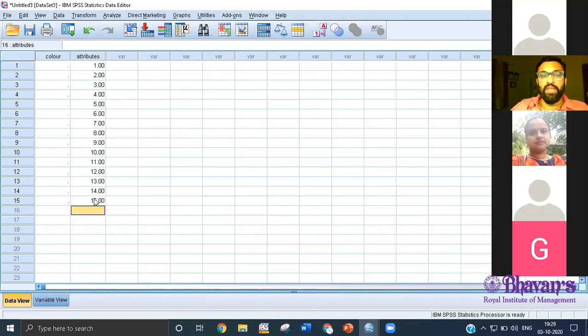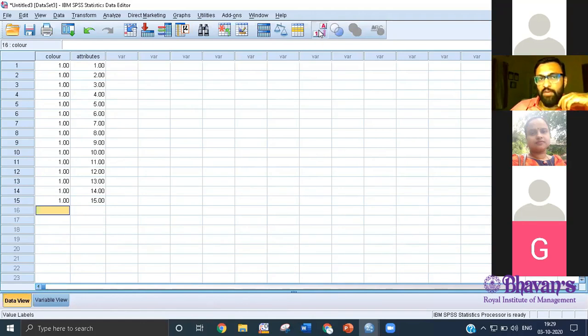So we have to give that many provisions. So first color is actually blue. So keep typing 15 times. Okay. Now, if you try to click on this value labels again,